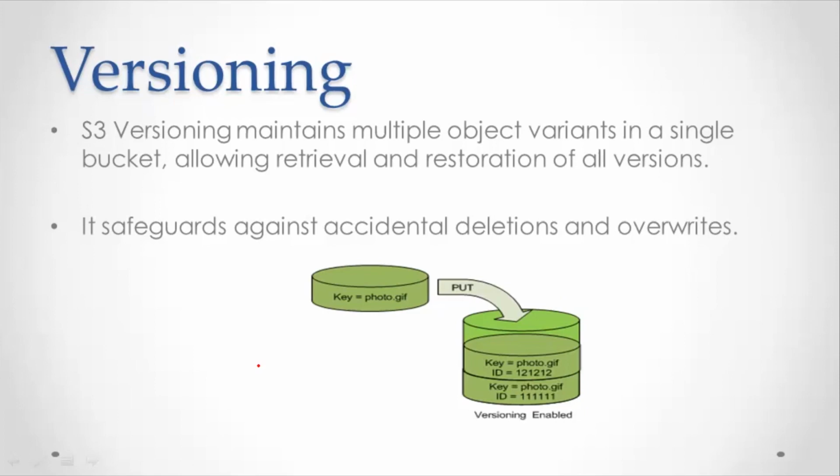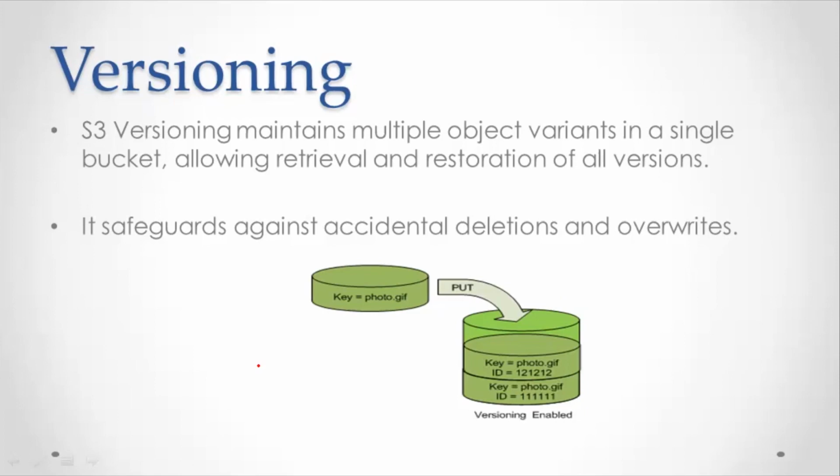When you enable versioning for a bucket, if S3 receives multiple write requests for the same object simultaneously, it stores all of those objects. So let's say some application is writing data to your S3, and your S3 receives multiple write requests for the same object simultaneously. It'll store all those objects as different versions. If you enable versioning for a bucket, Amazon S3 will automatically generate a unique ID for the object being stored.